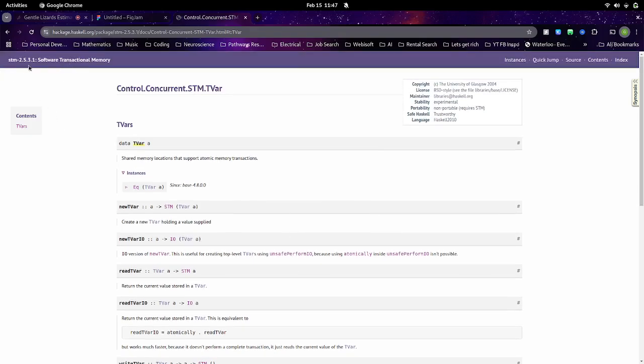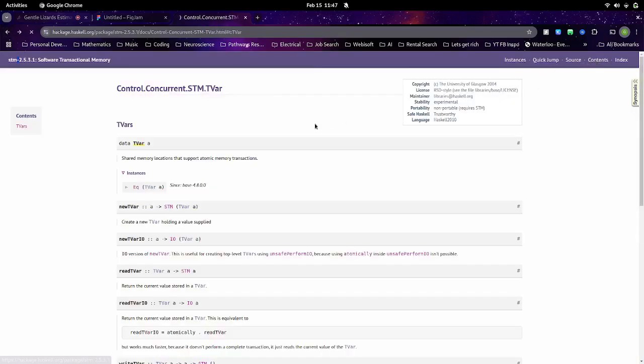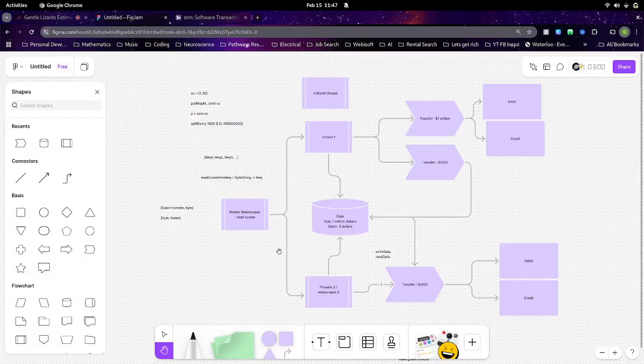This is the actual package for dealing with software transactional memory, and this is exactly implementing the ideal design we've talked about, right?